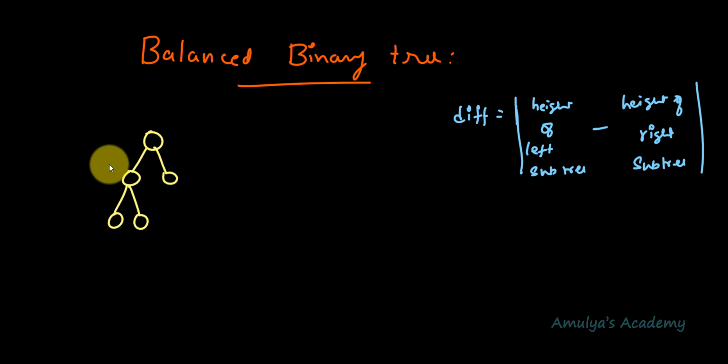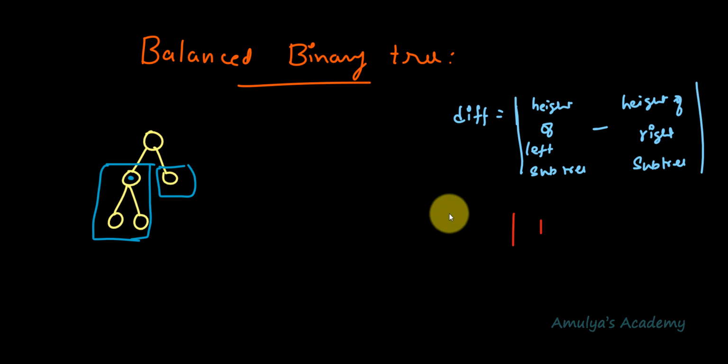And here, this is the left subtree of the root node and this is the right subtree. For this subtree, this is the root node and its height is 1. Here you can see, we need to see the number of edges present in the path, right? And here we can see 1. So here the height of left subtree is 1. And here we can see the height of right subtree. This is the leaf node, so its height is 0. You should remember the height of a leaf node is 0. So we'll get 1 minus 0. That is nothing but the difference is 1.